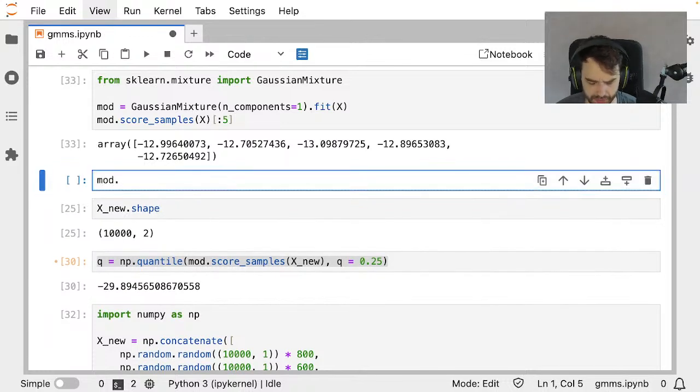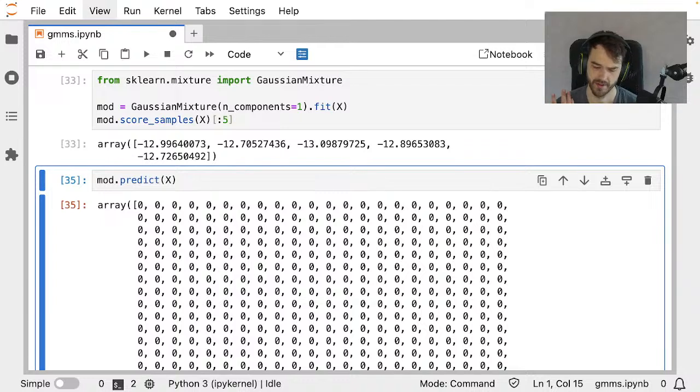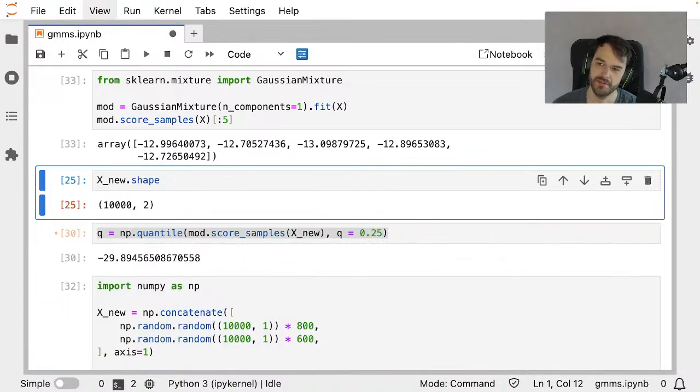If I take that model that only has one component, and make a prediction with our data set X, then all the predictions say the same thing. I've only fitted one component, there's only one Gaussian in this system, and every data point belongs to that. So that's a method we're not going to use. It's not that useful for something I'm interested in.